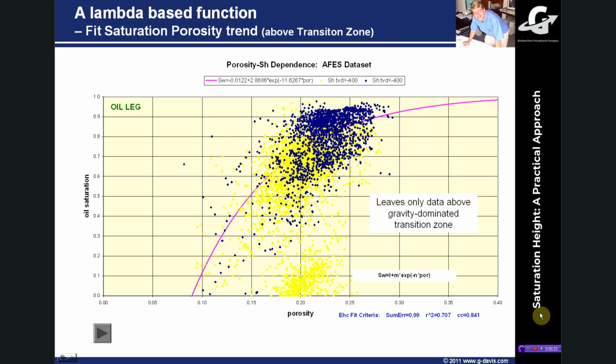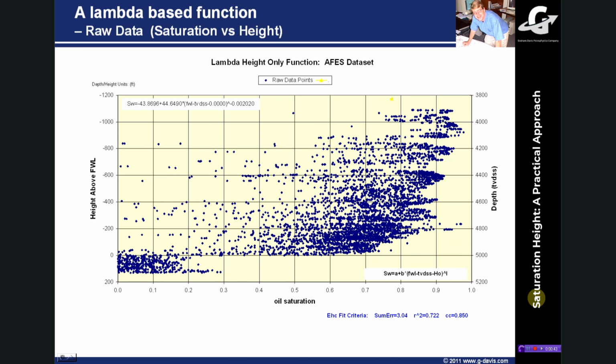Permeability is subject to its own errors, of course, in the mapping of it, the derivation of it. When you're using it in 3D models, you could be introducing more noise into your result. So I try and get a porosity term to work generally, but if I have to go down the permeability route, then you have to go down the permeability route. The other thing for completeness, I guess, is we can have a look at the saturation height relationship just in terms of height without the porosity term in it.